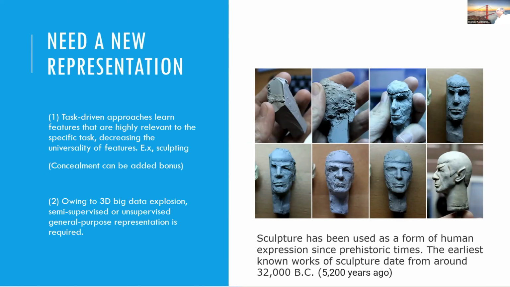Someone is making a picture of Spock. So in the top row, on the first image, left to right, Spock is being built, right? So let's think about it. The 3D data that you're seeing at the end, sculptors did it all the time. 50 to 100 years ago is when the sculpting kind of started. It's a human form of expression. That means something is in their mind that they're bringing out, but not bringing it out in the way that you look at the data.